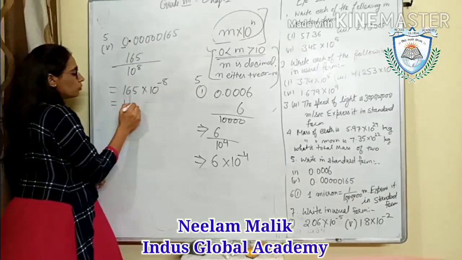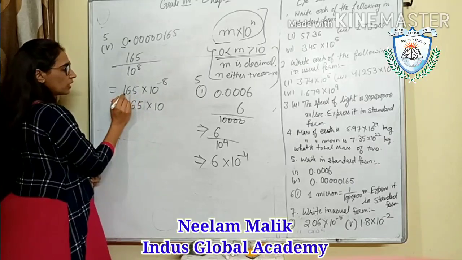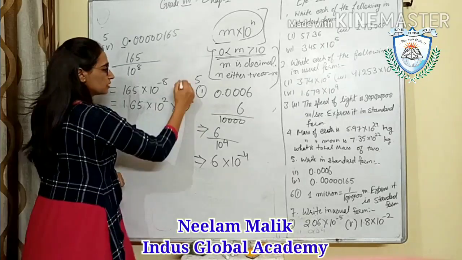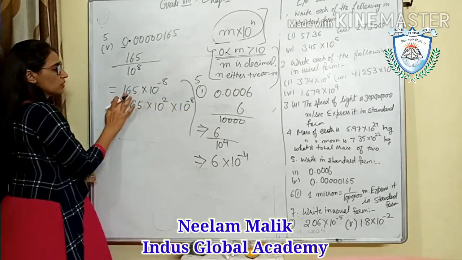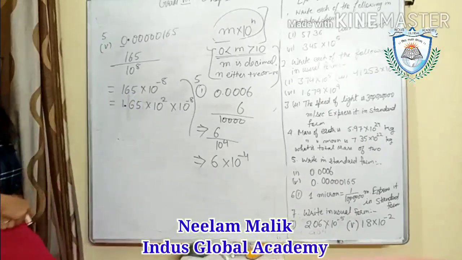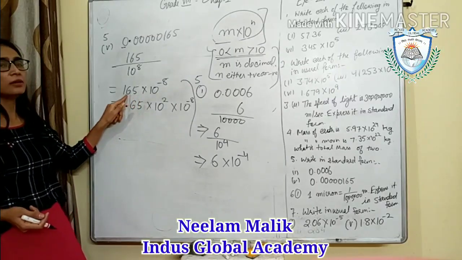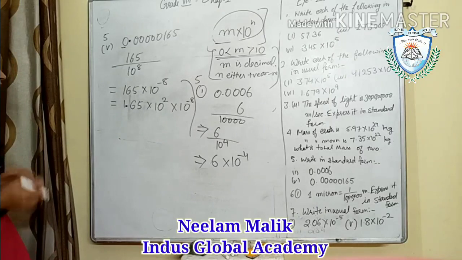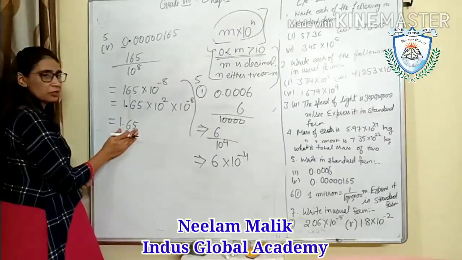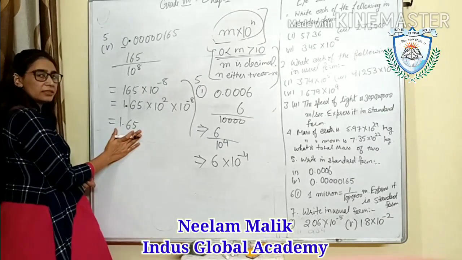So what will I do? 1.65. Because I put the point here, I have to multiply this number with 10 raised to power 2, into 10 raised to power minus 8, which is already given, because I shifted my decimal to the left hand side by jumping 2 places. Okay. So now m is in the correct form. Now this is between 0 to 10 and is in decimal.